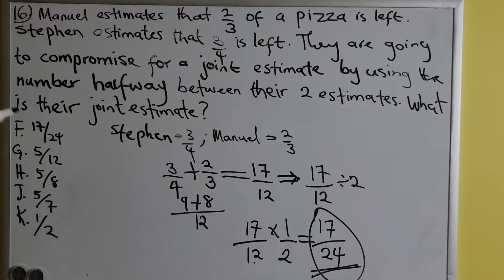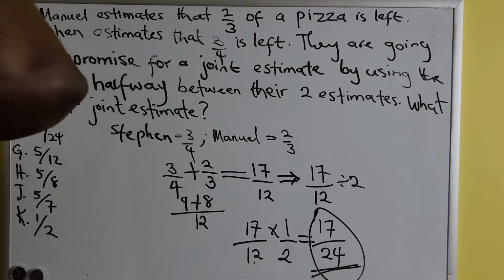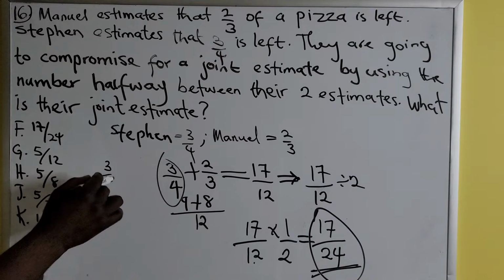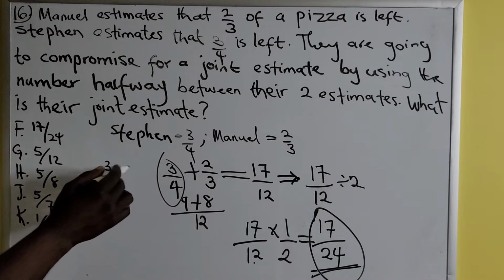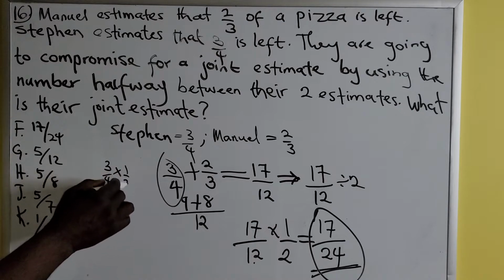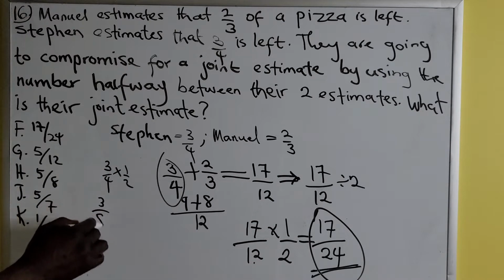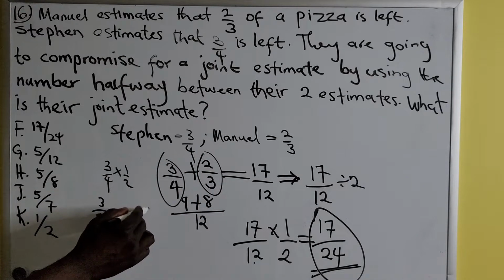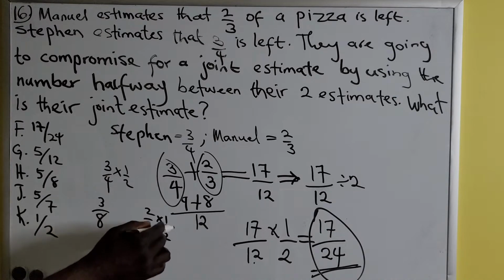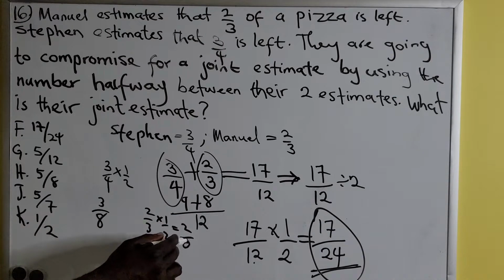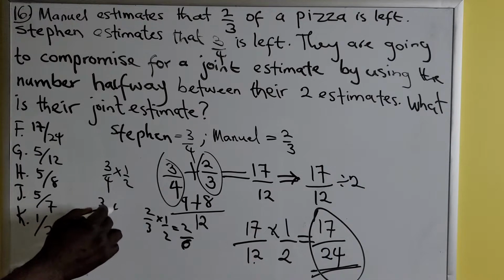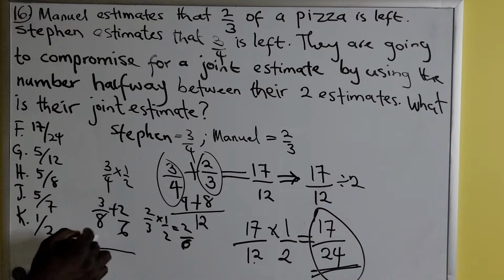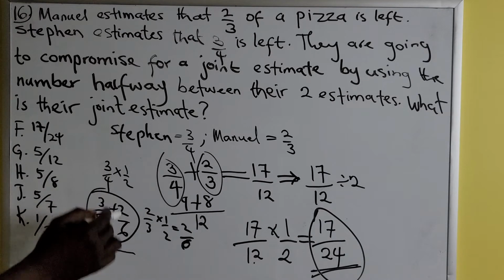So what this question is definitely asking you is, if they're going to meet halfway, what is the halfway of this one? 3/4 times 1/2, I believe, something like that. So you have 3/8. And then what is the half of this one? That's 2/3 times 1/2. That'll give you 2/6, I believe. Yeah, 2/6. So if you add this together, which is going to be the joint estimate, that will